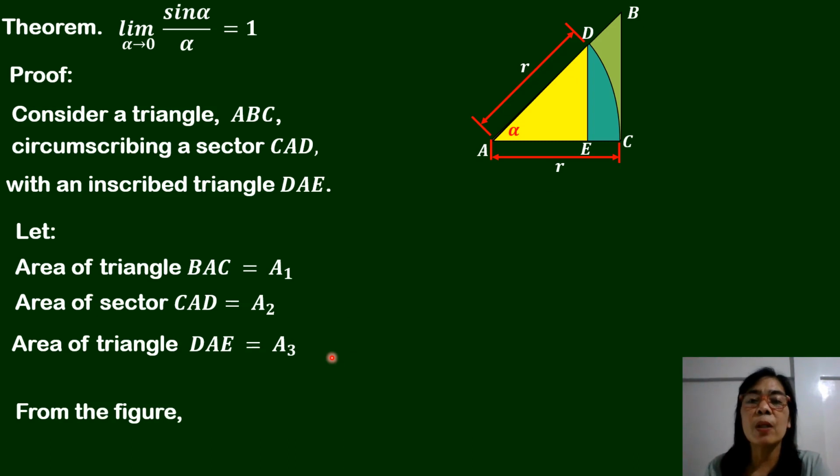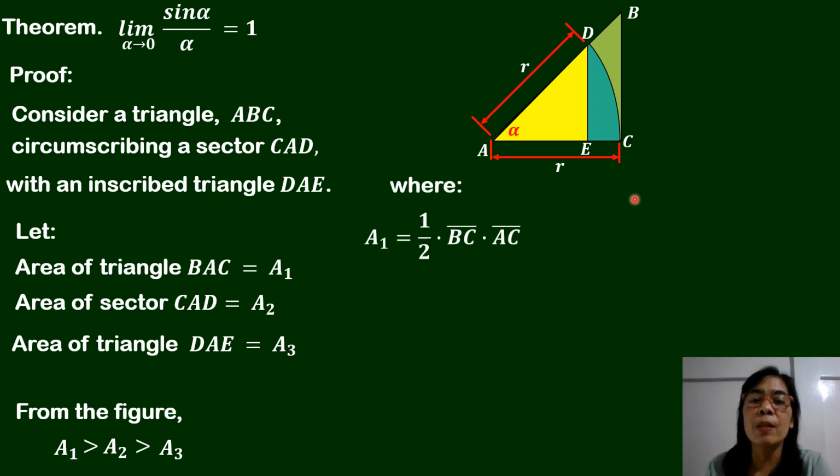So from the figure and comparing their areas, we say now that the area of the triangle BAC, which is A sub 1, is greater than the area of the sector CAD, which is A sub 2. And it is also greater than the area of the triangle DAE, which is A sub 3. Also from trigonometry, you remember that the area of a triangle is equal to 1/2 times the product of the perpendicular sides. So from the figure, A sub 1 will now be equal to 1/2 times BC times